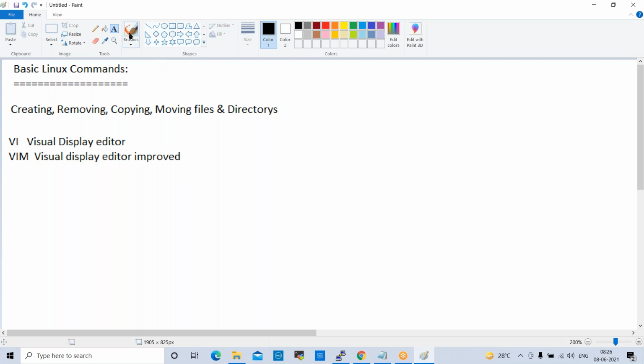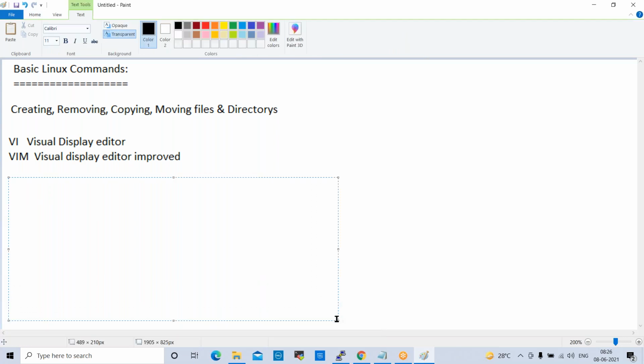In vi we have three modes. First one is command mode.